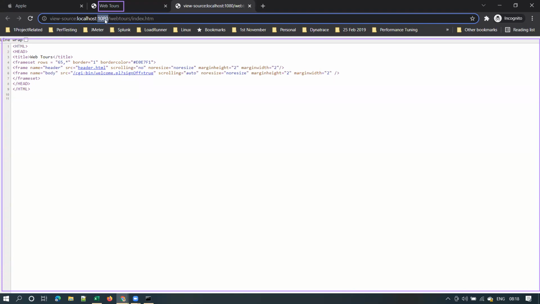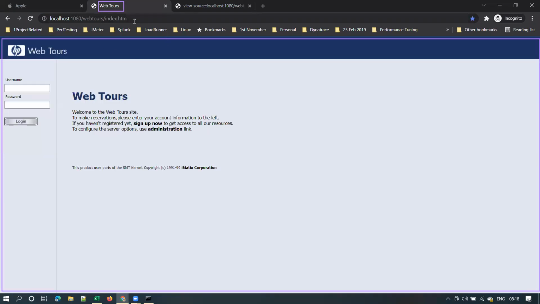Your application will be listening on this port number 1080 for any incoming requests. The WebTools server will be continuously listening for requests, and as soon as it receives a valid request, it will process the request and send the response like this.